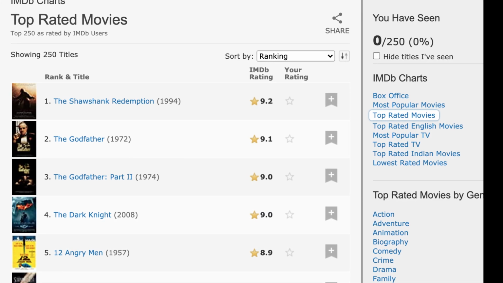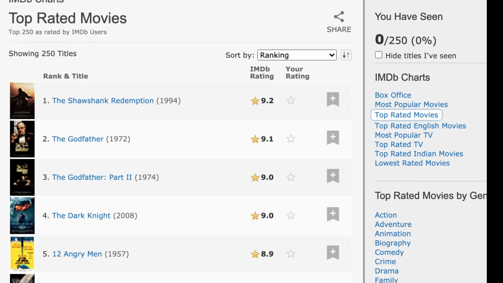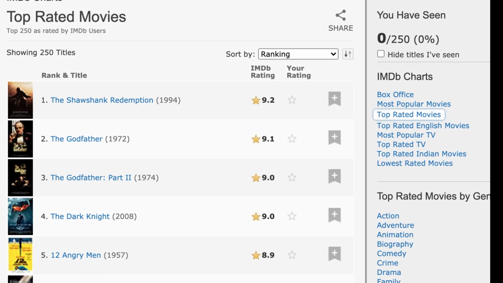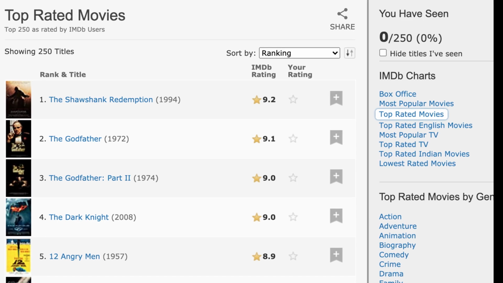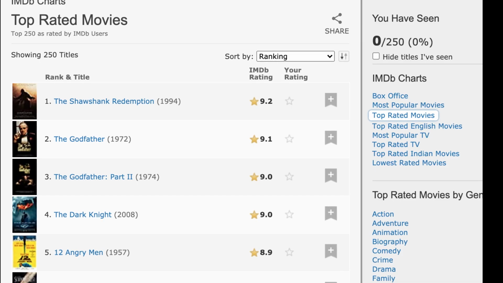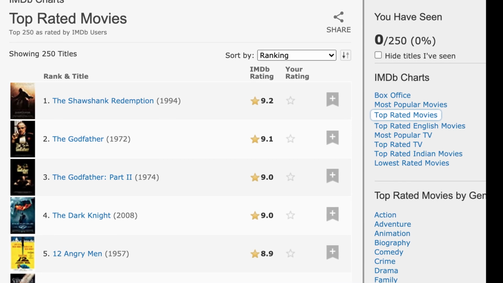I'll tell you what, let's look at the top-rated movies of all time on IMDb. We have The Shawshank Redemption at number 1. Then The Godfather Part 1 and 2. So that's 3 old classics taking up the top 3 spots. By the way, did you know that The Godfather was shot on film stock which had less dynamic range than an iPhone? Then we have The Dark Knight, a modern classic perhaps.